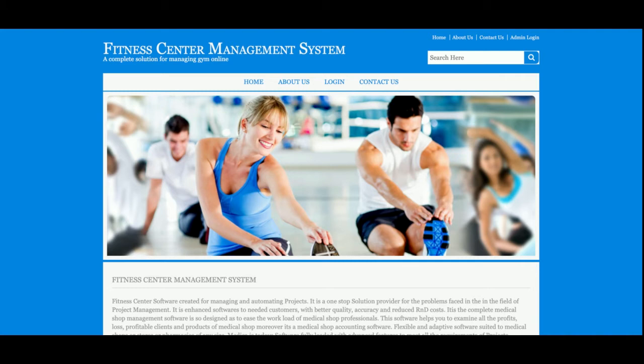One more thing, this has a little bit of a Bootstrap theme, which means if you open this project on mobile, it's a little bit responsive. I'm not saying that it's 100% responsive, right? So all these things I have developed inside this. All this technology I have used for developing this project, right?